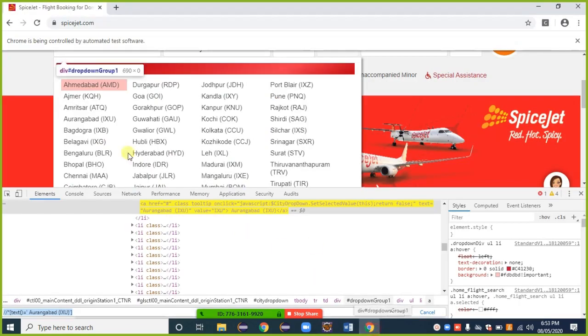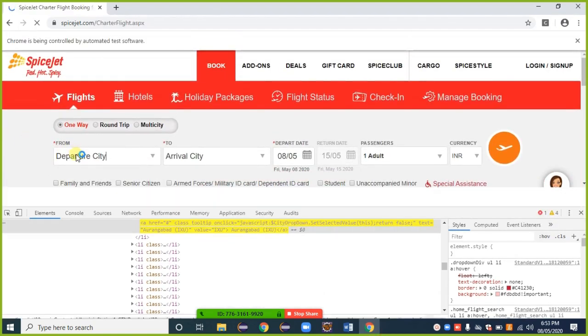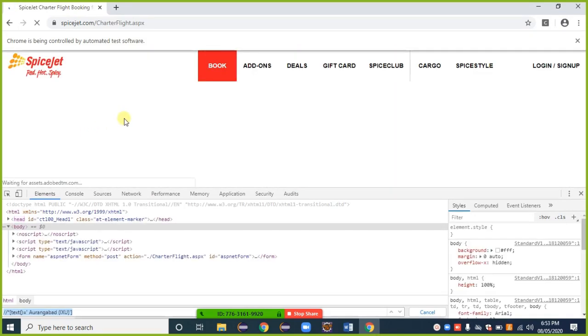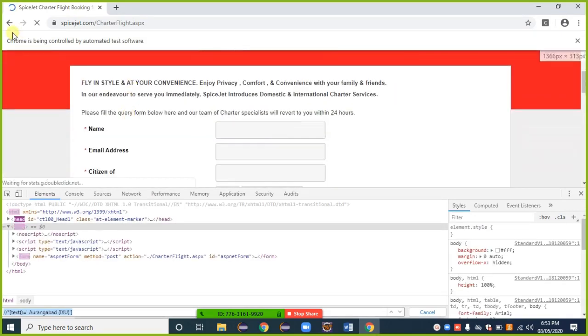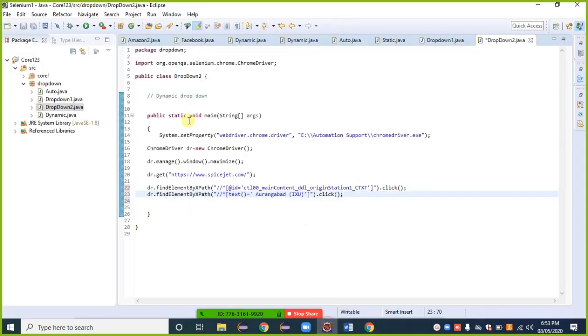So which steps did I complete here? First I click on the departure city, then I selected my city as Aurangabad. Then click on the run button. Here just check whether the selection is right or wrong.